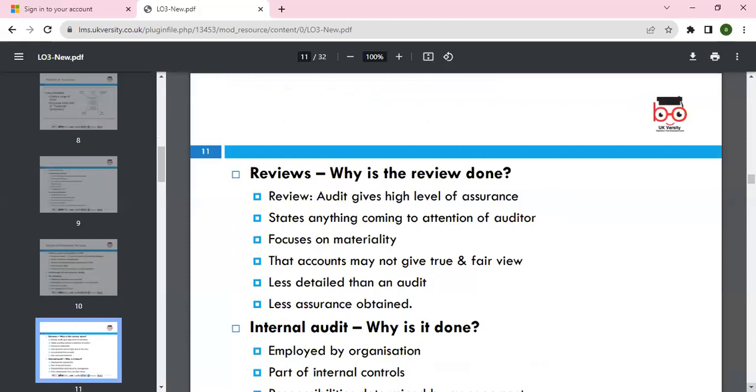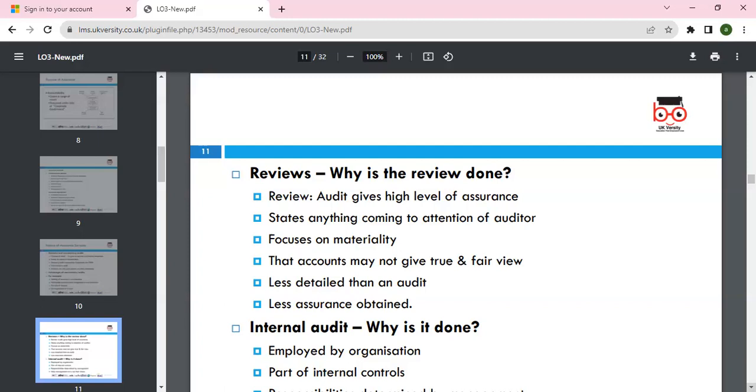Why is a review done? A review audit gives a high level of assurance, stating whether anything has come to the attention of the auditor, with a focus on materiality. We discussed in the previous lesson that materiality means significance. So what is the materiality of major transactions, and the material things we have stated well, and that they are true and fair. Less detail than the audit and less assurance is